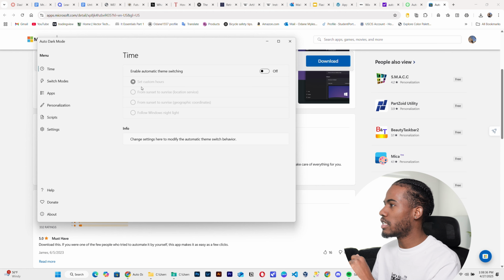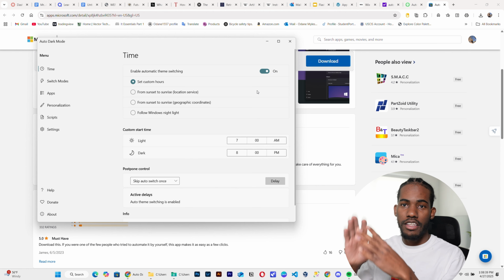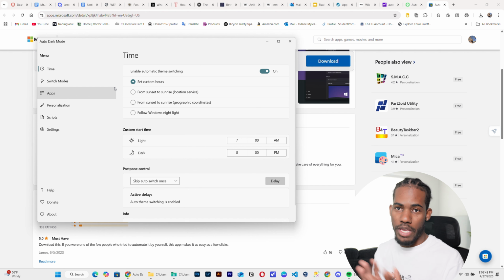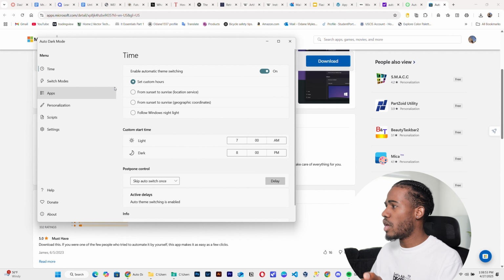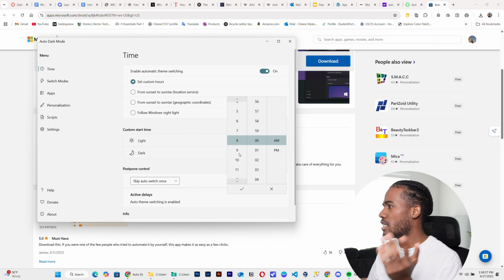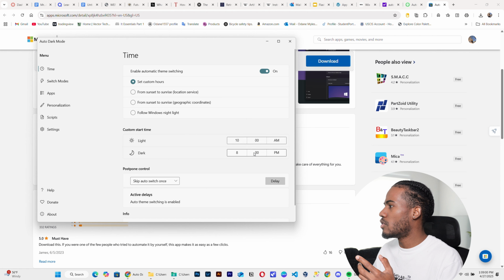Once you click on it, you get to set the dark mode, light mode based on the time of the day. So if you're a person that likes to have light mode throughout the day, you can keep it at light mode. So light mode from 7 a.m. and then dark mode starting at 8 p.m. You can customize this to whatever time you want. So you can go here, change it to whatever time you want, set that 10 a.m. and then after, but I would generally keep it around, say,